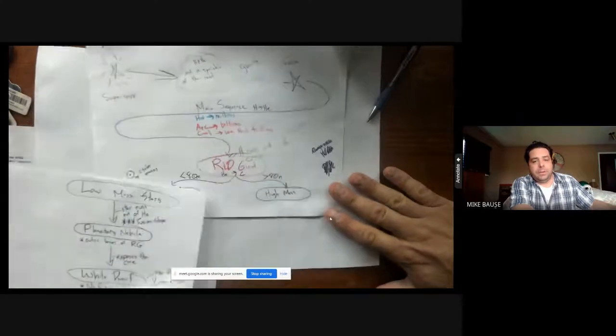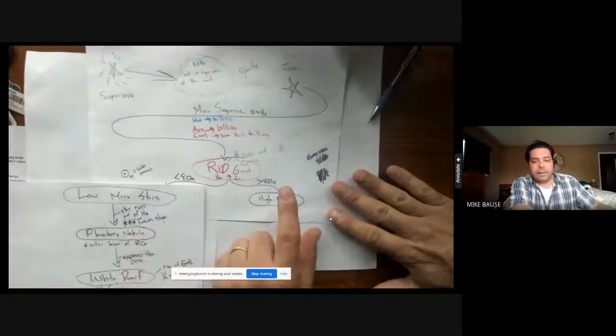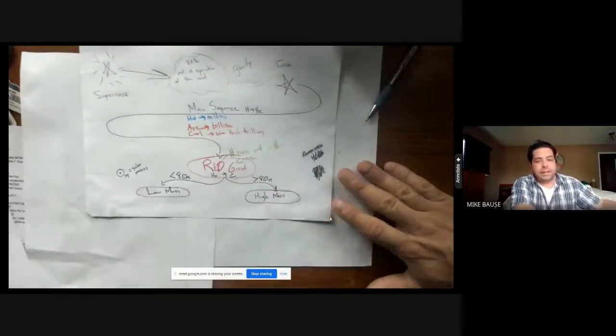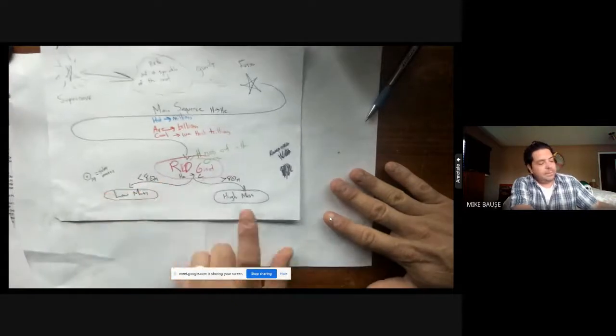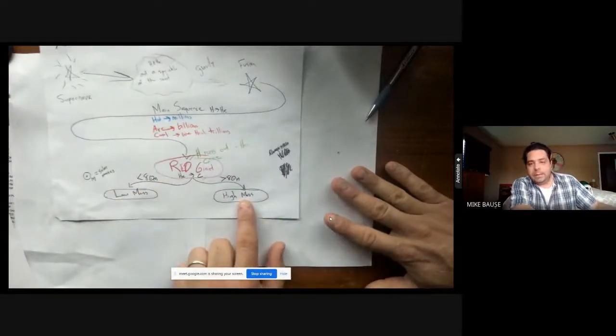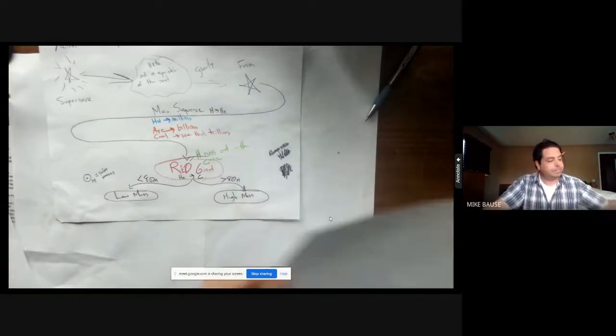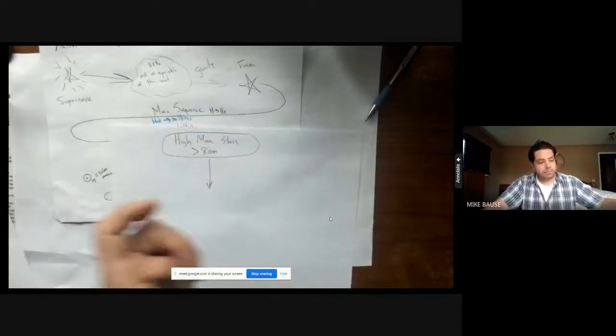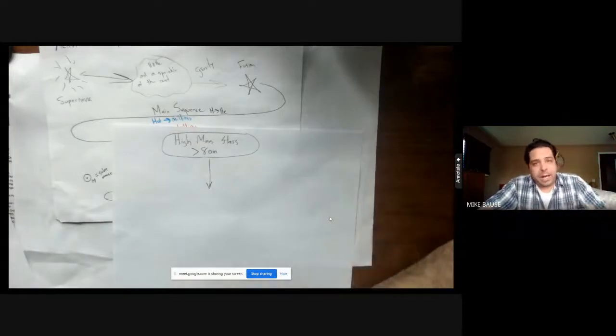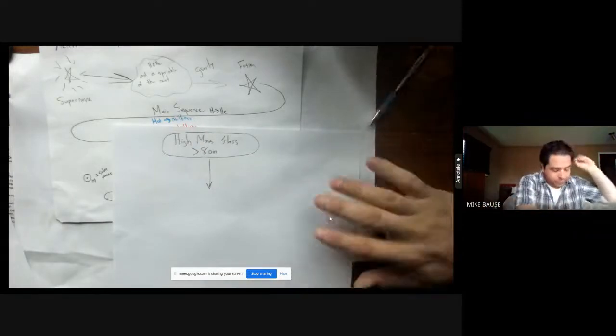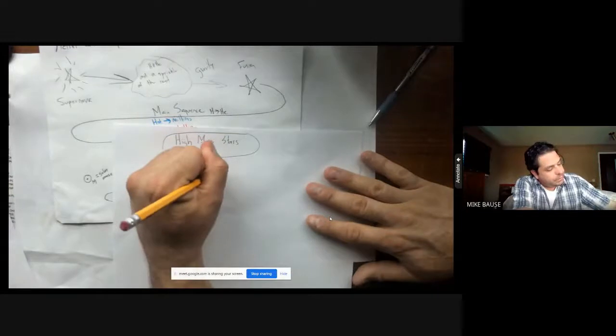So what I want to talk about today is what's going on with the other side there. What happens if they have more than 8 times the solar mass? What happens if it's a high mass star? Well, if it's a high mass star, it is going to fuse all elements